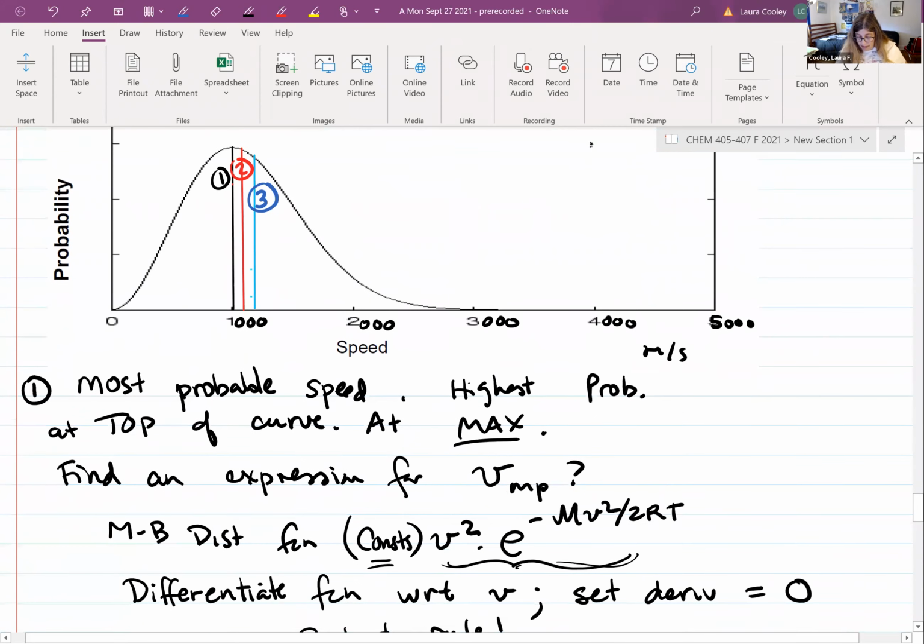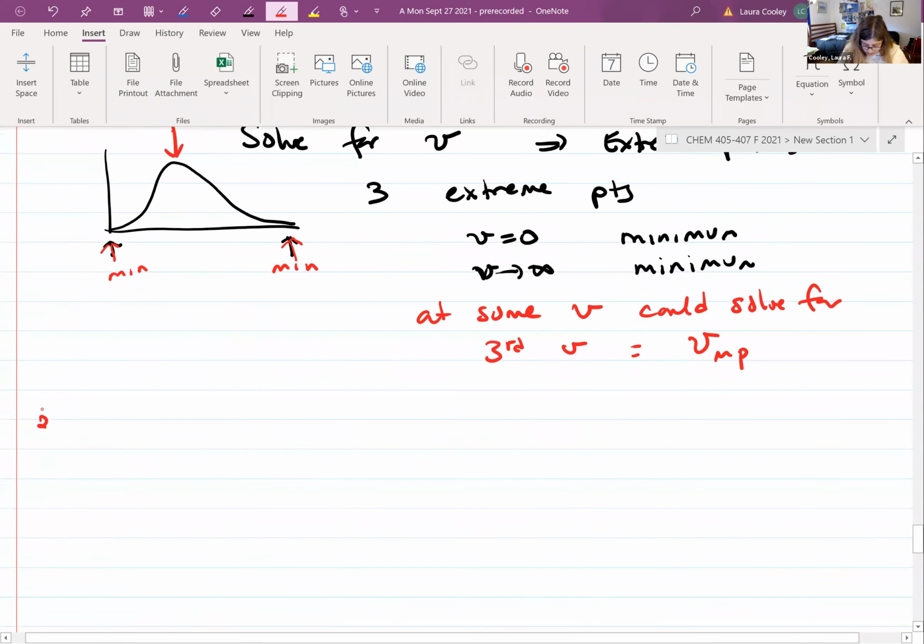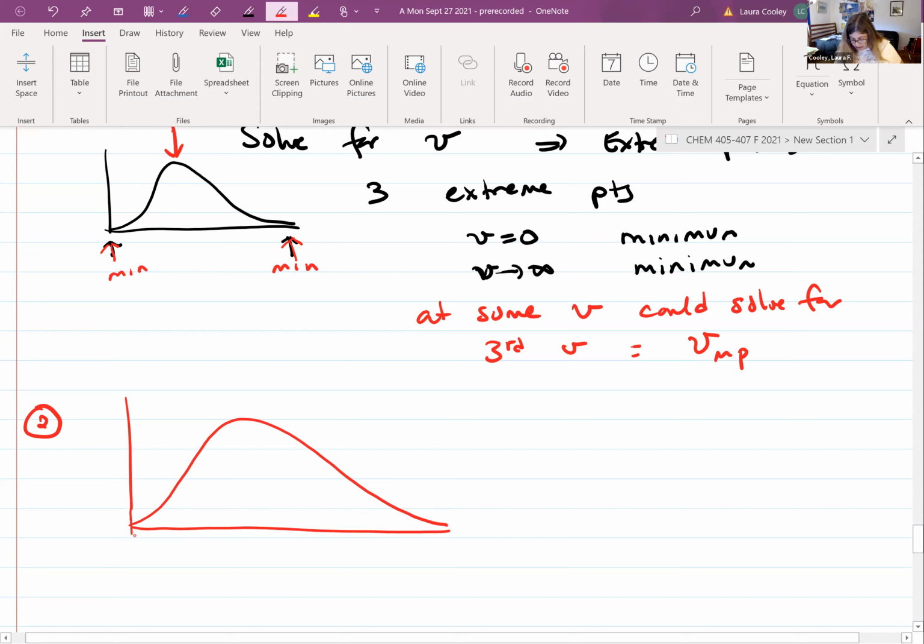Now, what about the second one? So here's the second one. So now, if this is your curve, I sort of exaggerate the skewedness a little bit more. So here's your most probable over here. The average is where you have equal probabilities, higher and lower. Because of the skewed distribution, this here is going to be the most probable. And this is going to be the average V, where you have equal areas